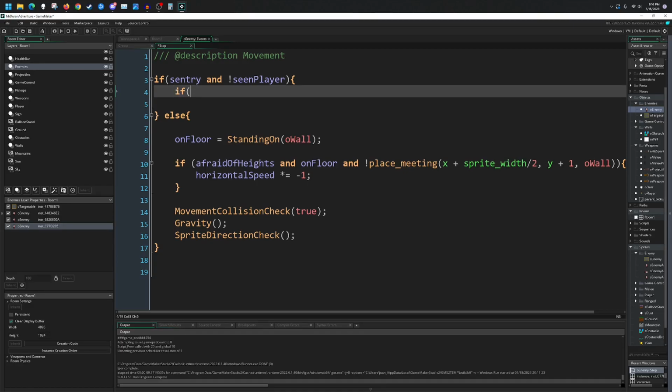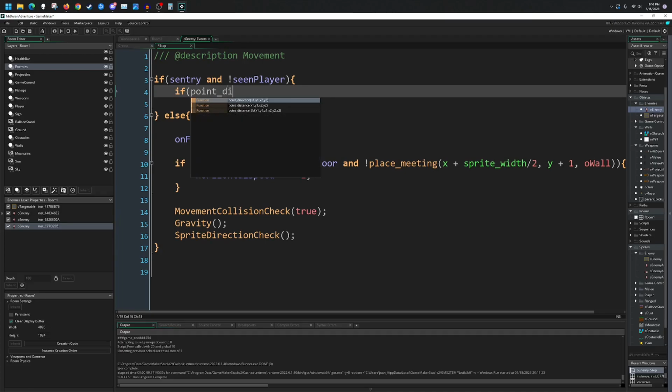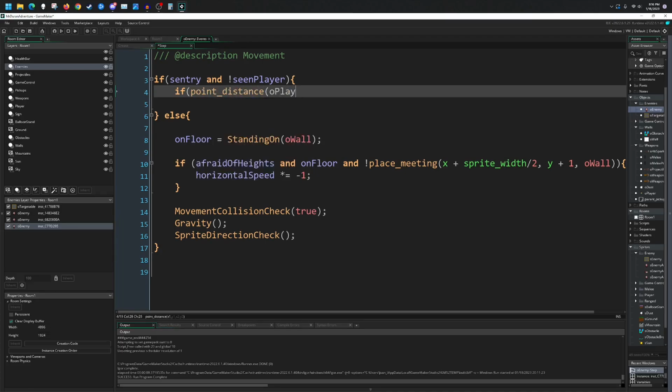So if point distance between our O player's X value, our O player's Y value, and our current X and Y values is less than, let's say, 300 pixels, 600 pixels, we'll leave it at 600. So if we're within 600 pixels of the enemy, that way we don't have an enemy from across the entire map begin moving just because we got within sight. If we're close enough to the enemy, within 600 pixels,